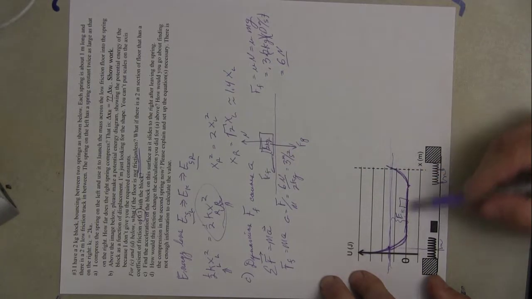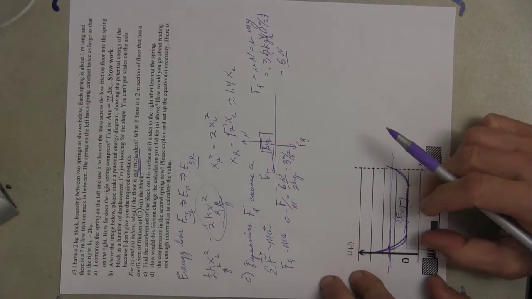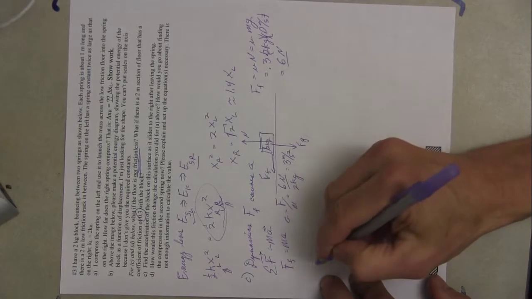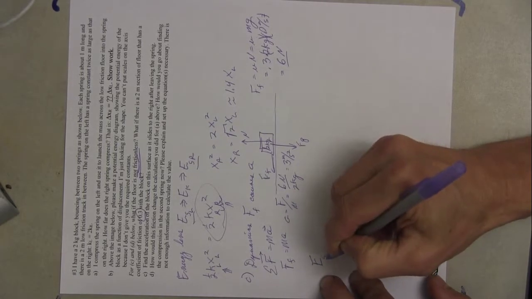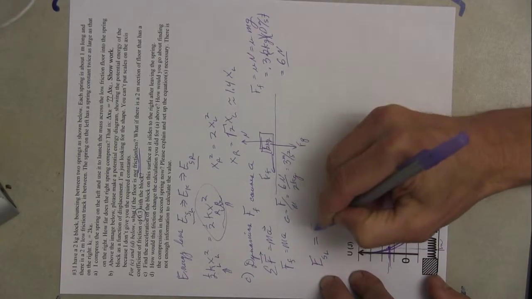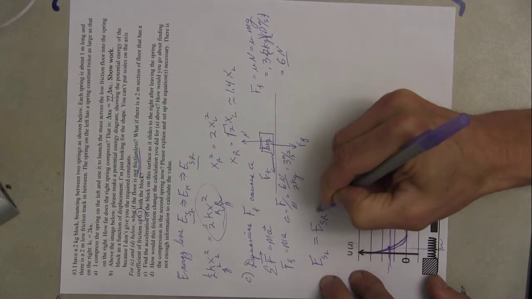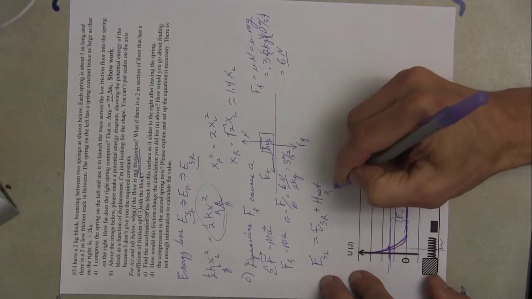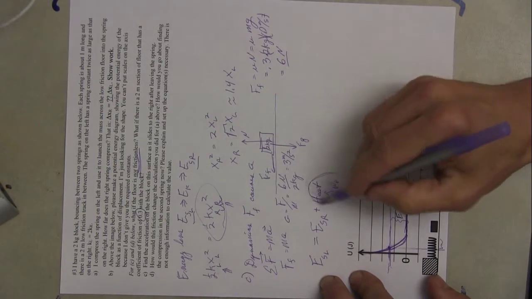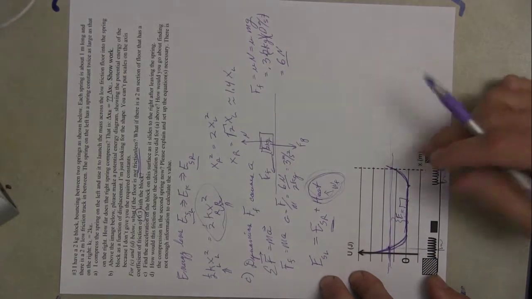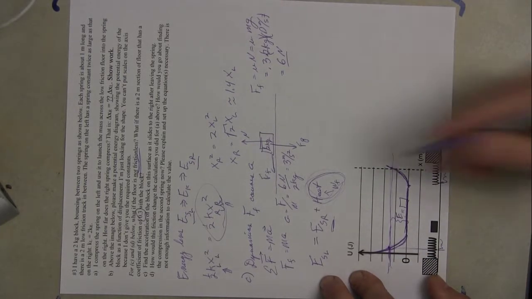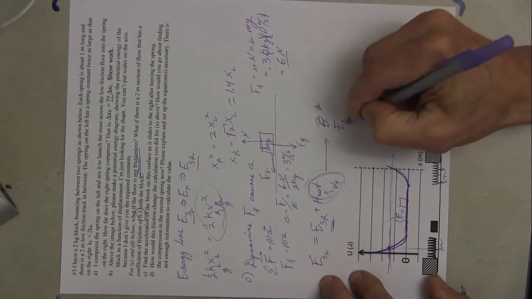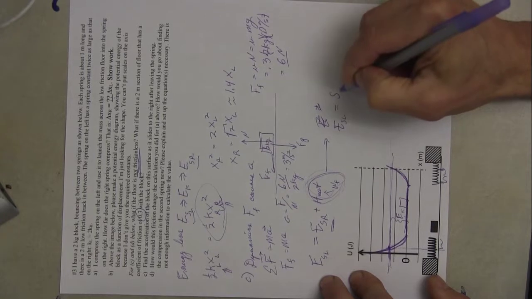Then lastly, how do we find the compression if we have energy loss due to friction? What we do is we take our original equation of spring potential energy on the left is equal to the spring potential energy on the right, plus the heat energy. Okay, and this is the work of friction. Now because we have some energy lost here, this number is going to be smaller and the compression will be less. We can quantify that if we want, just to say, yes, the spring potential energy on the left equals spring potential energy on the right,